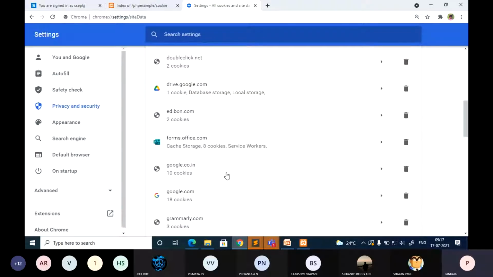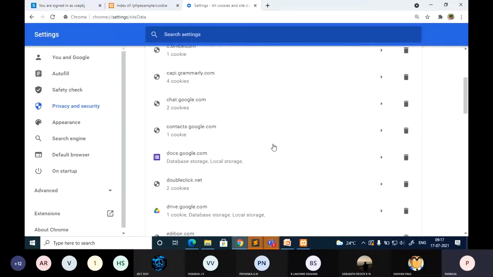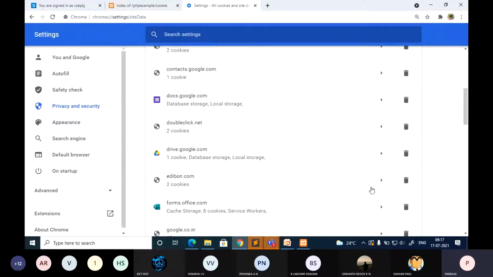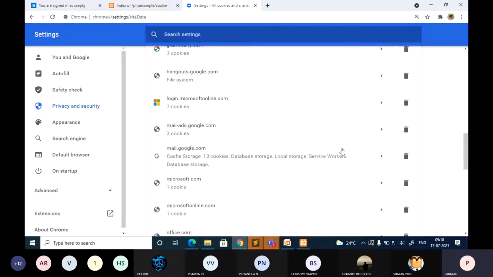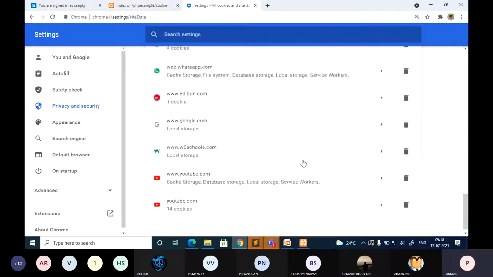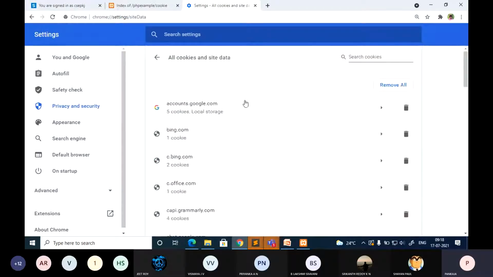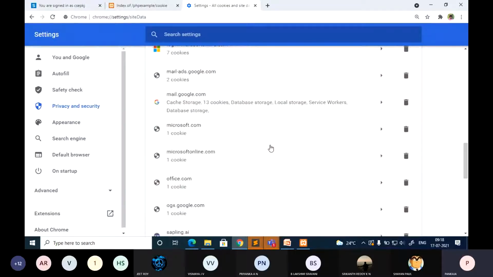Yesterday I cleared all cookies, and immediately I was unable to log into my Gmail and everything. Commonly, whichever website you use, if you have signed in and want to stay signed in always, the cookie should be retained. In case you delete the cookies, you cannot sign in. That also I will show you. First let me go to the program. Here you can see I don't have any localhost program cookie stored.